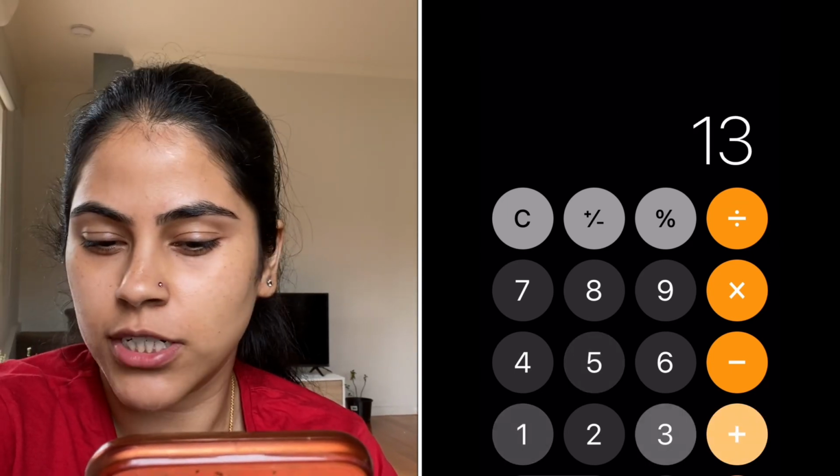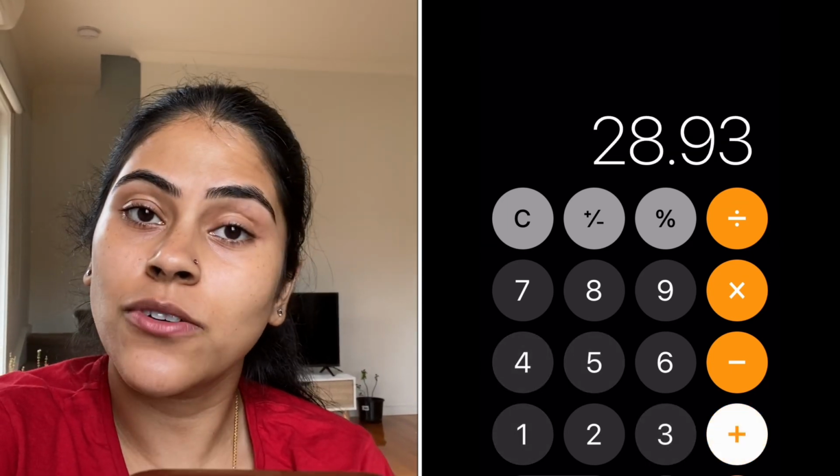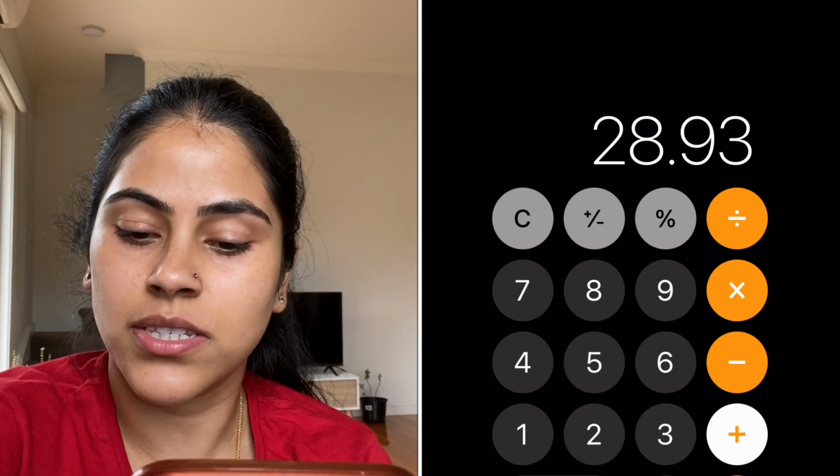So it's day one, it's a Saturday, and we went to run some errands this morning. I also got my eyebrows threaded. So let me tell you how much we spent. So we spent 15.53 in Aldi, Coles 13.4, and then I also went to Chemist Warehouse to get some basic cosmetic products, so